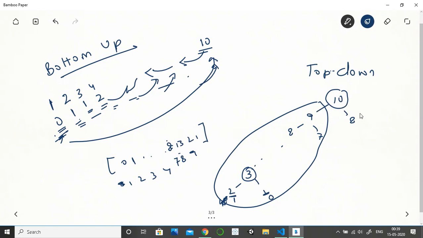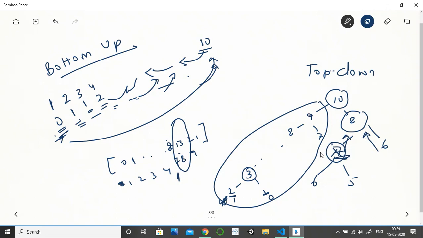Now it will go to the right hand side, see 8, and check if 8 exists here in the array or not. If it did not, it will go to 7, its left branch. If 7 is not found, it will go to its sub branches. But if 8 or 7 is found, it will not do the calculation, just pick the value from here and pass it to the root, and similarly for 6. If the value for 8 is found, like we have it, it will just pass this value 13 to the root.